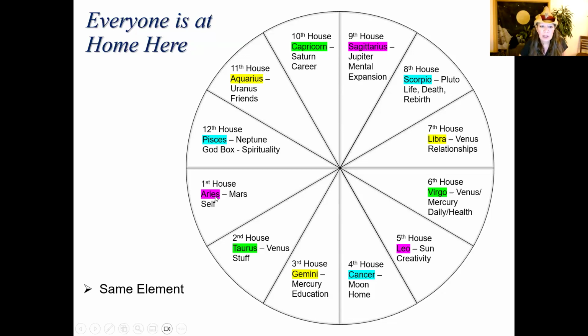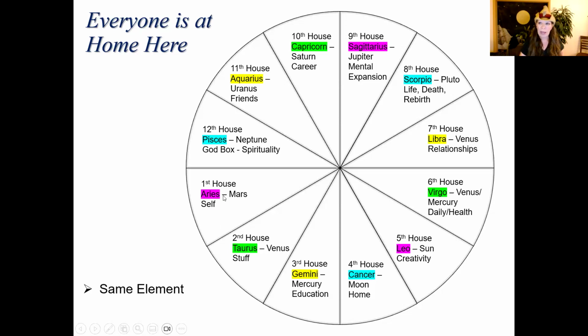But here's where we see the trine. Here's the fire trine: Aries, Leo, Sagittarius, a triangle with the 45-degree angle, yet these are 120 degrees apart. And so you have the fire trine, which is that active trine. If somebody has a planet in Aries and another planet in Leo, they have a fire trine. If somebody has a planet in Sagittarius and a planet in Leo, they have a fire trine. If somebody has a planet in Sagittarius and then another planet in Aries, they have a fire trine.